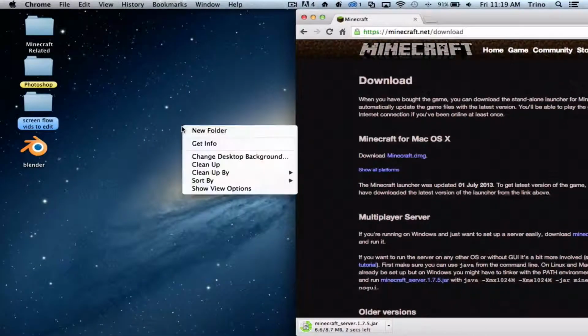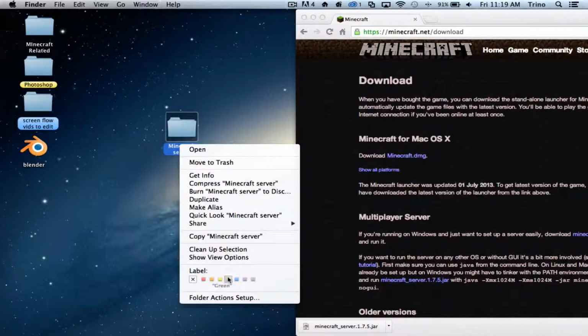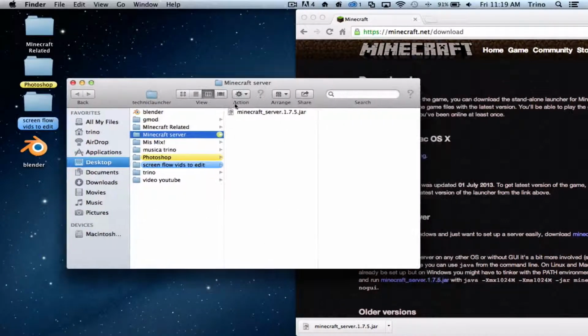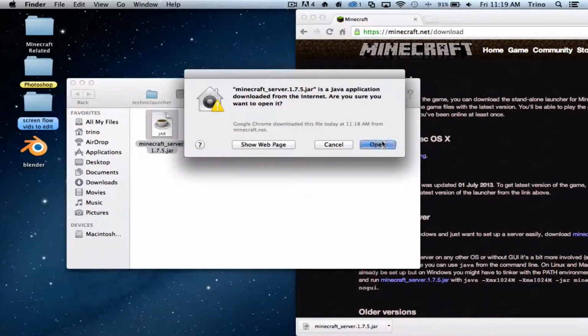and you need to make a folder on your desktop or anywhere you can find it, and name it anything you want. I'll just name mine Minecraft server. All right, I'm just gonna change the color real quick to green because Minecraft is usually green. And there, okay, there. And you just run your files,